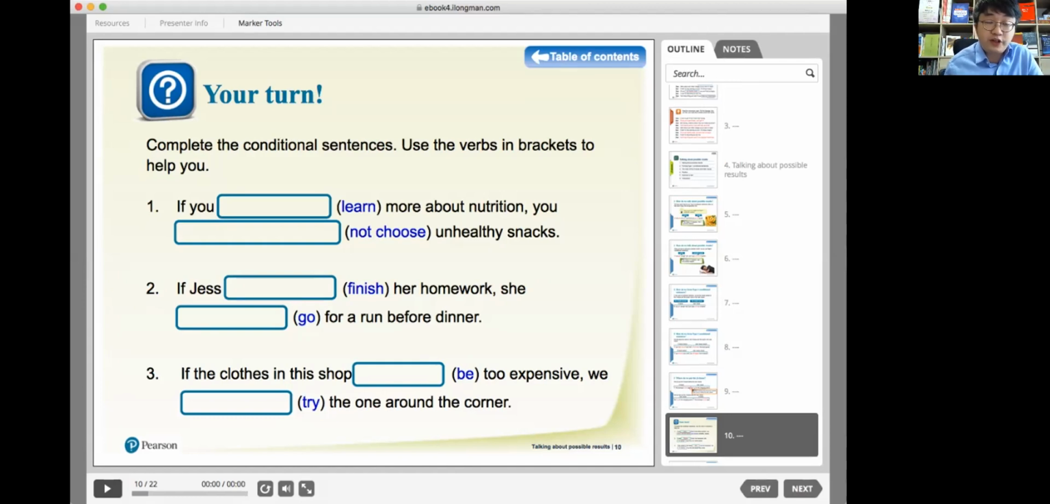Pay attention to the meaning as well. We don't know whether all of them are type 1 conditional sentences. Maybe some of them are type 0, we don't know. All right, let's look at the first one. If you learn more about nutrition, you won't choose, or you will not choose, unhealthy snacks. All right, so this is a type 1 conditional sentence. This is the condition, if you learn more about nutrition,